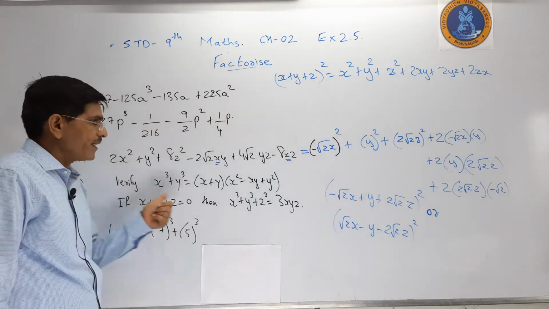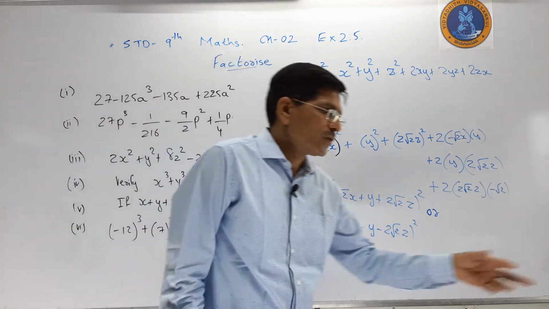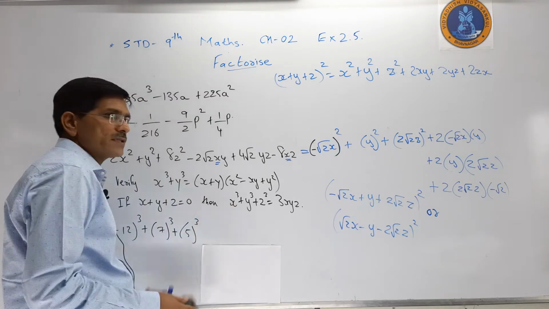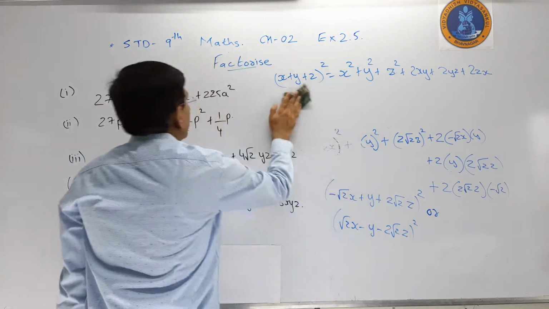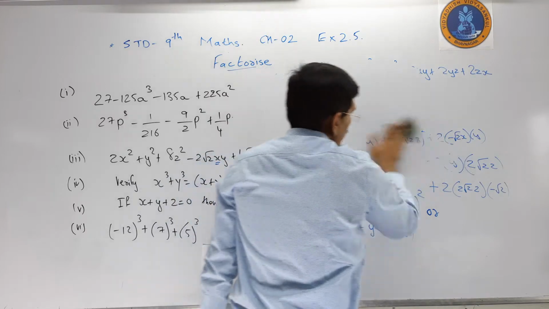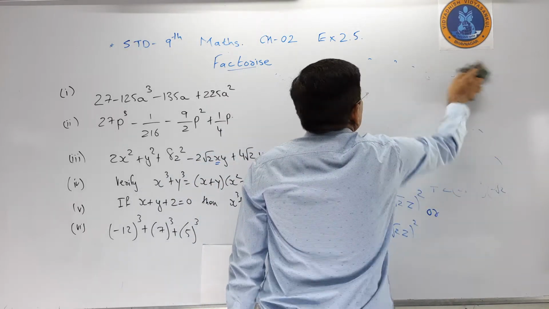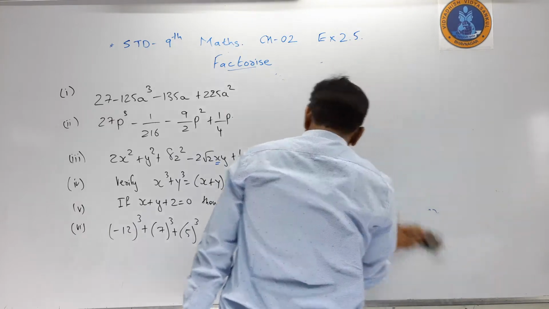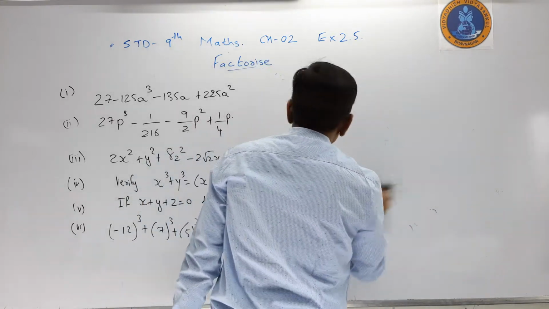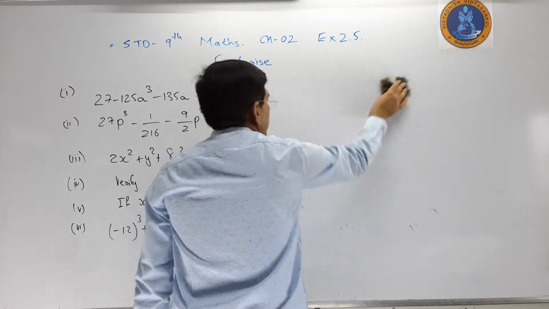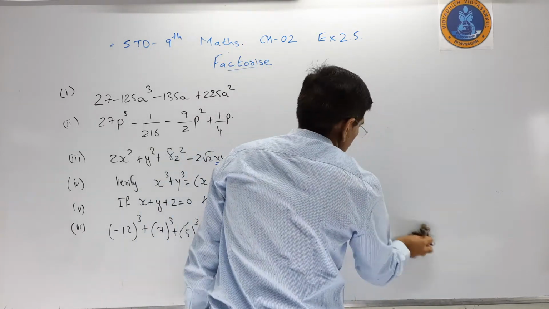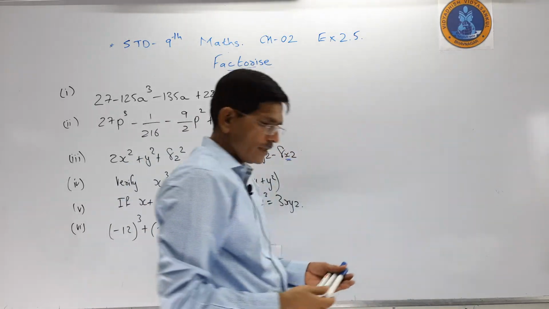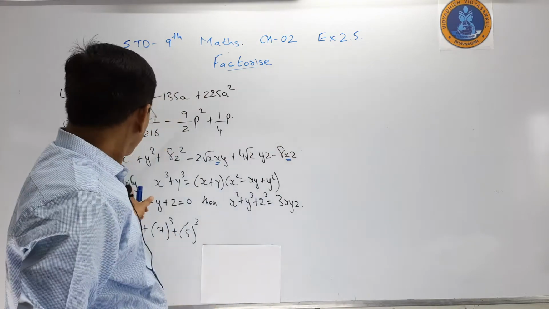Now verify it. It is easy, you just have to open the bracket and we can verify. We can get x cube plus y cube. First of all I have to rub this, then we go for one new formula. What is the meaning of verify? If we open the bracket, we get the same answer, left hand side equal to right hand side, then it is called verify.